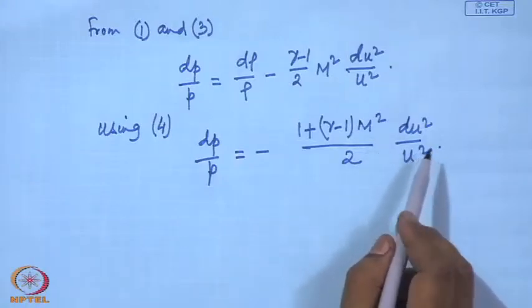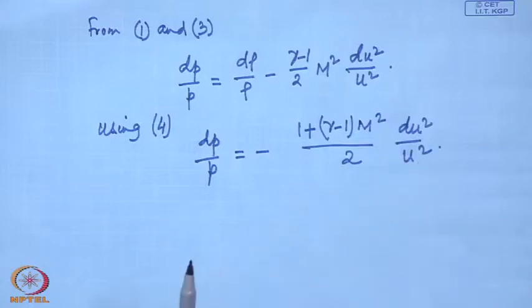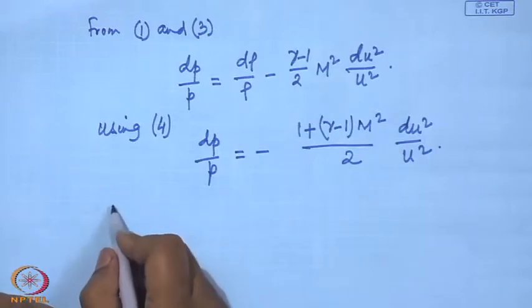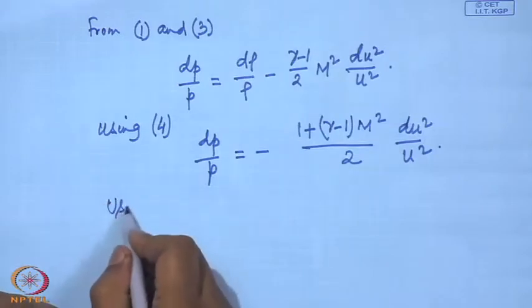Now, using 5 to replace du square by u square in terms of the friction parameter 4 f dx by d, we get